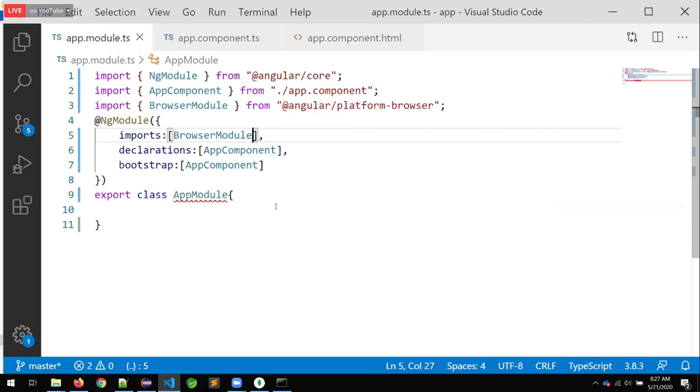Configuration information about the module. What is the configuration information here, sir? What are the modules it is importing, and what are the components, pipes, directives created as part of this module, and what are the services and guards created as part of this module.